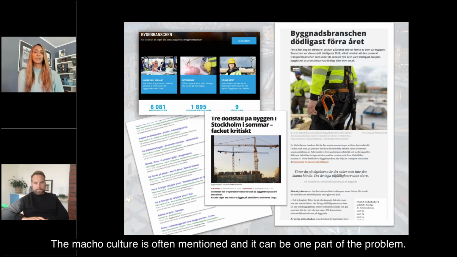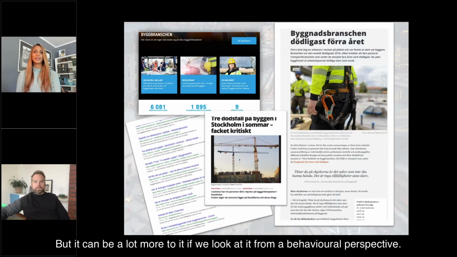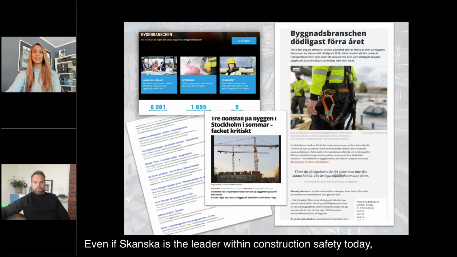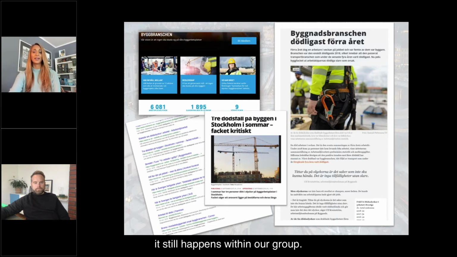Och här har man tidigare pratat mycket om machokultur, det har ni kanske hört vid något tillfälle. Och det kan ju vara en del av problemet, men jag tror att det finns väldigt mycket mer om vi ser det rent beteendemässigt. Så det här var vår bakgrund. För givetvis så vill vi ju inte att det ska se ut så här. Och även om vi är branschledande inom säkerhet i Skanska idag så händer ju just det här även hos oss,